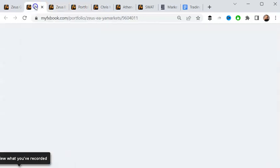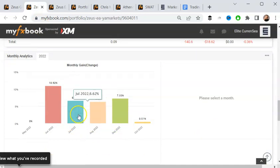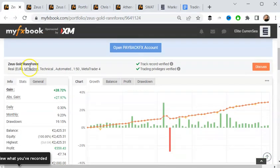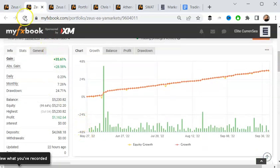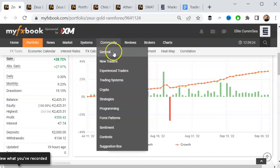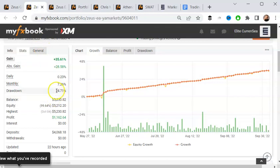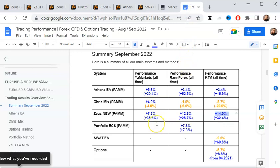Great stuff. And if you look at this here, also everything is positive. Plus 6, plus 6, plus 7, plus 11. And it's steady, it's sturdy. This is the markets, and then Reddit Forex is the same thing. Up a little bit less, but started, I think, a little bit later. This is July, and this is May. You see, that's the difference. This one started about 6 weeks later. The average on this one is 9%, whereas the average on this one is 7%, and the average on this one is 6%. So 6 to 9% average on these three accounts